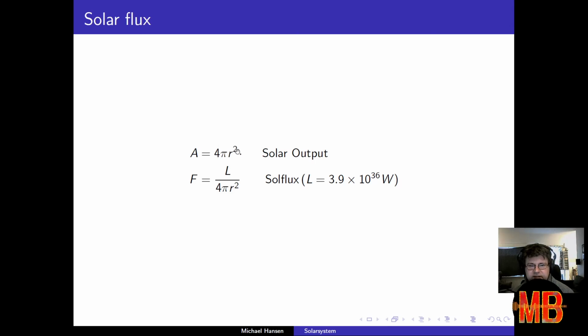The radius to the second is not the radius of the sun, but the distance to the planet that you want to check. So obviously the solar output for Mercury will be much higher than the solar output for Pluto, for instance. We can also define another number that is much more relevant for